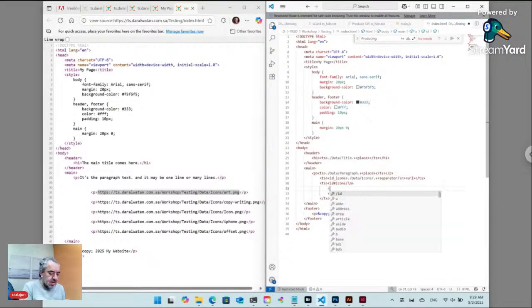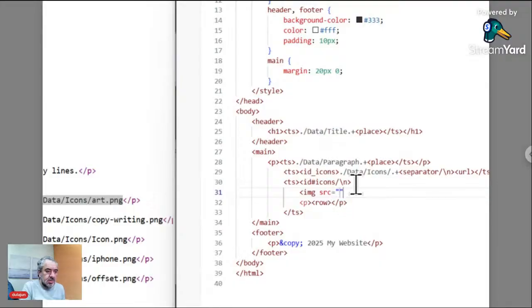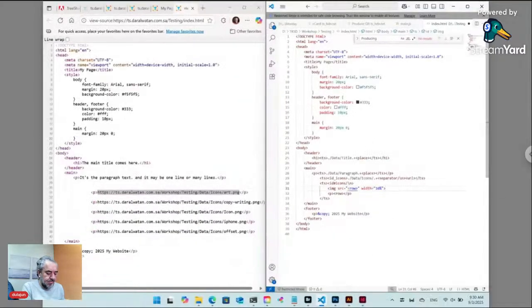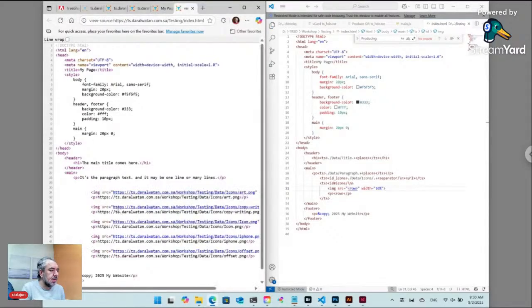Like here I can write image, source, then row again, the same URL, and here width. Now you see